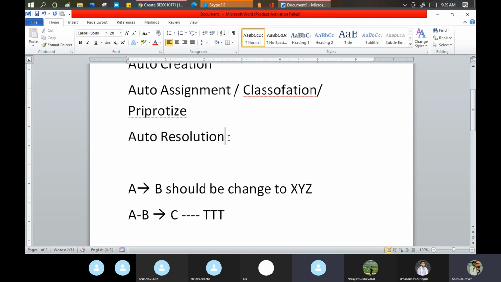This is the best example of auto resolution. IVR is the best example of this. When you call a bank or Vodafone or Airtel, any customer care, one lady speaks: press 1 for this, press 2 for this, press 3 for this. What is this? That is the automation in place.